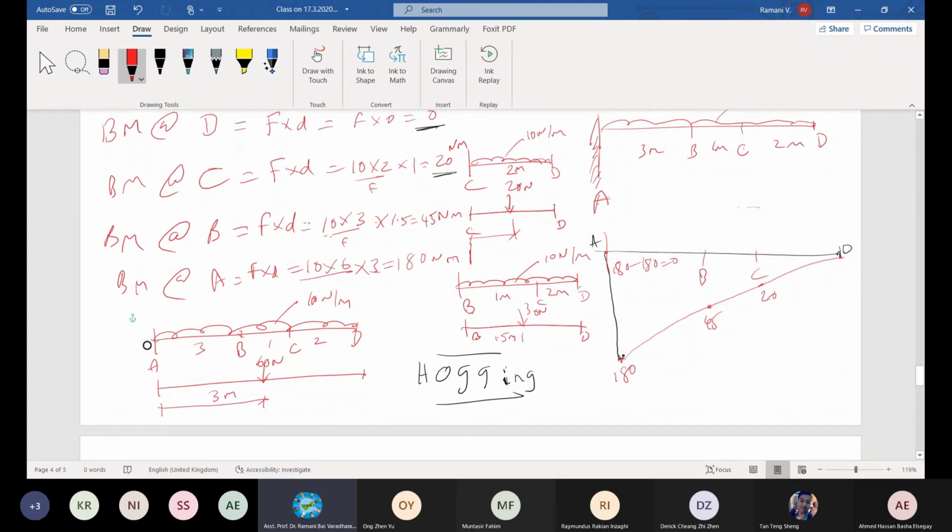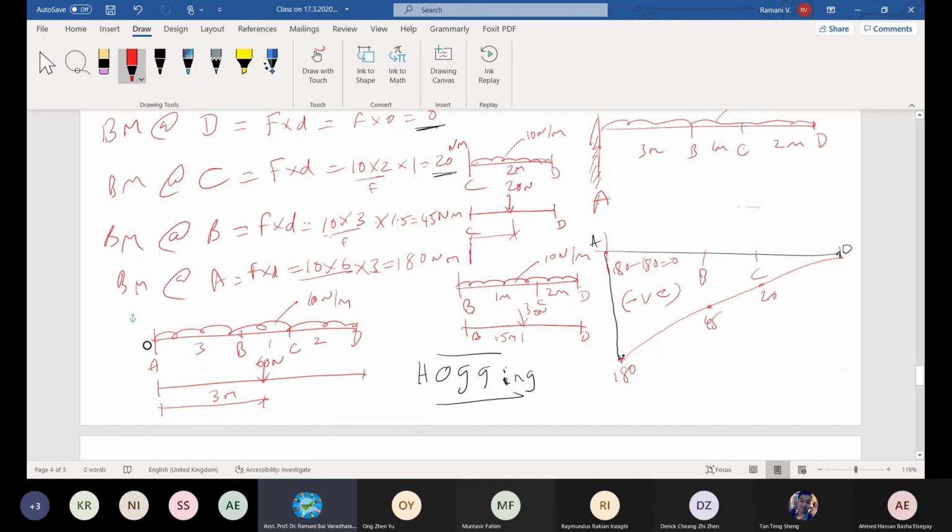Try to understand the concept, why we draw and what we draw, and the norms of drawing, positive or negative. So finally we finish with the bending moment diagram. With this you can check your answers whether all of you got the same answer or not. Write it as negative, although you got positive values, by virtue of this bending it is negative. That's why we draw it on the downward direction, negative.